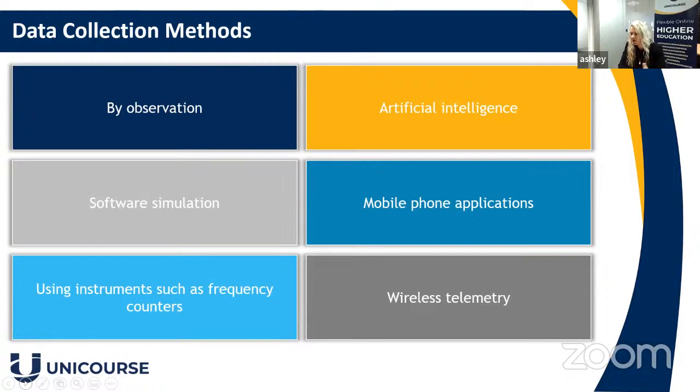So different data collection methods are, you might be just observing and taking some notes and being able to take on how often people are doing this or how often people are doing that in relation to your customers or clients. You might have software simulation, which is so relevant right now, with technology and the implementation of so many different